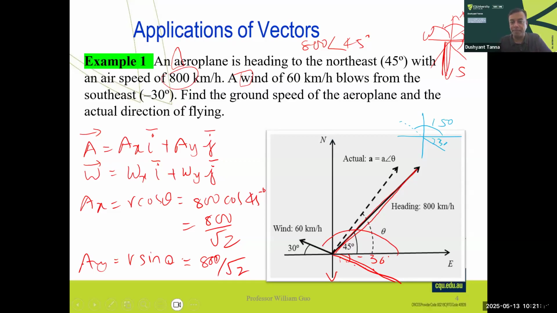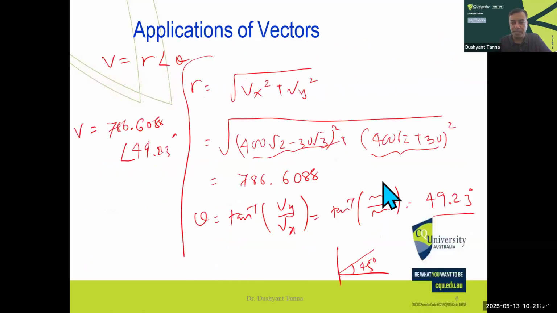Okay, right. That's that matter. Now, what I was saying here is that's a 45 degree. We got an angle of 49.23. So because of the wind blowing, the airplane is deflected with a slight degree measure, which is 4.23, right? So it's going at a 45, going perfectly, but wind is pushing,